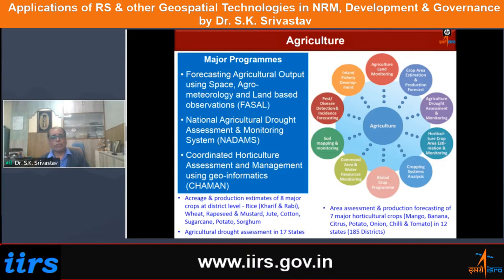Also, there is a lot of research because, as I mentioned to you, under the FASAL program, the information is being generated on 8 major crops, but the requirement is to go for something like 25 crops and so on. So currently, the research is in progress within the ISRO system, on how the satellite data sets can be used for improving the information for going from 8 major crops to something like 25 major crops. And for some of the crops, success is already obtained, and very soon they will be added to the list within this operational FASAL program.